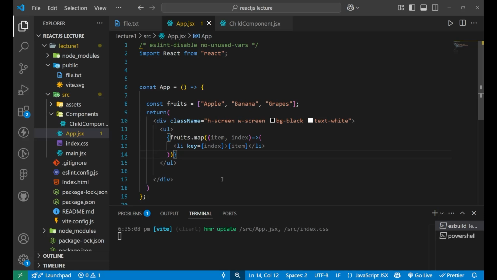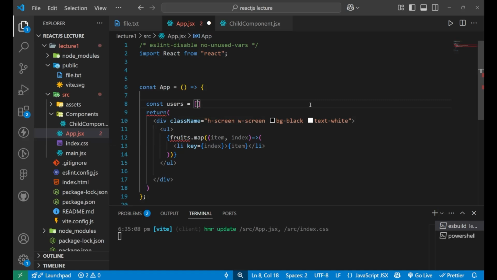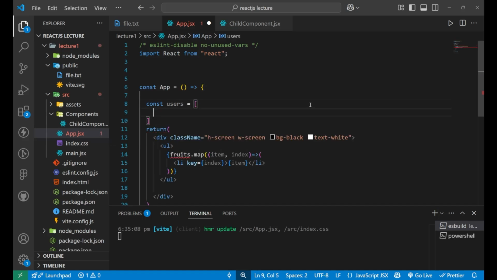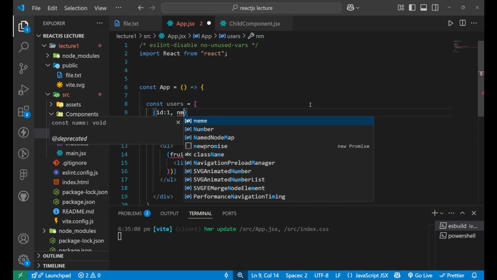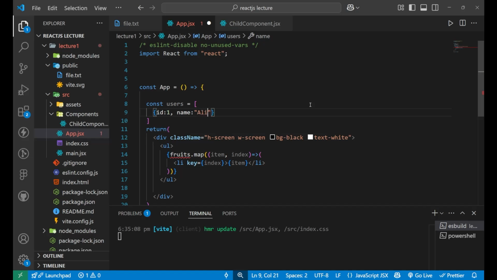And now let's do one more example, which is a list of users based on an array of objects. So what I'm going to do is create const users equals to a list. The list will include the objects. The object says id is 1, fine, and the name should be Ali,